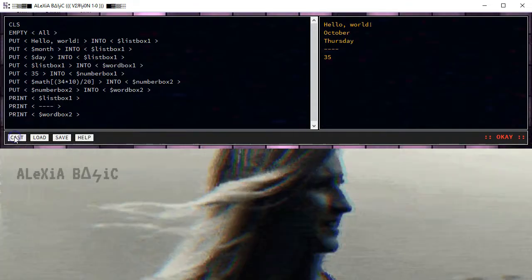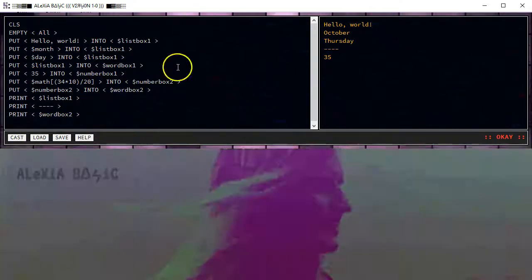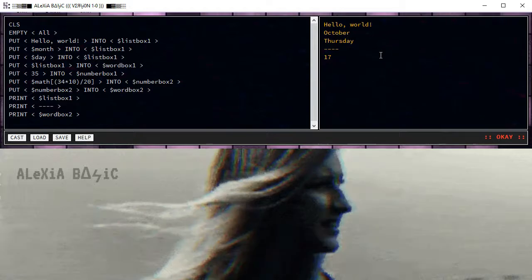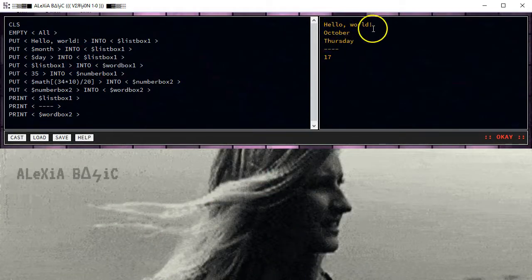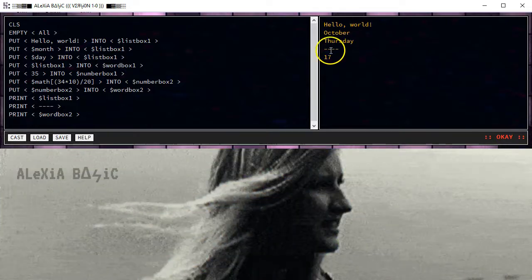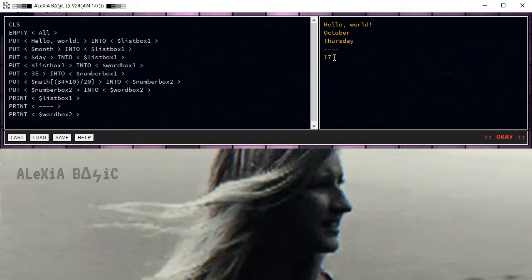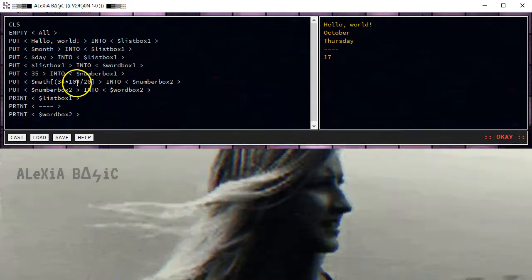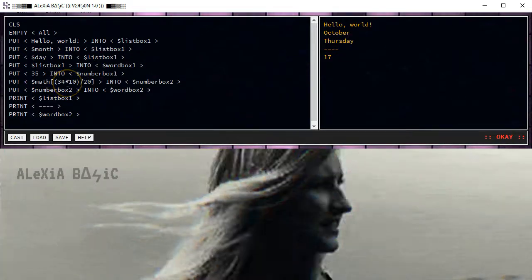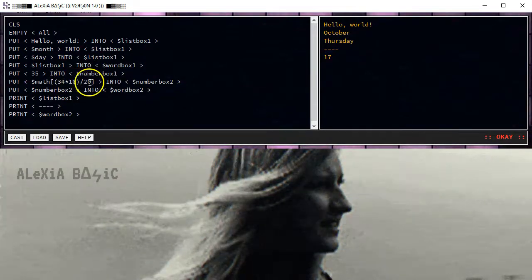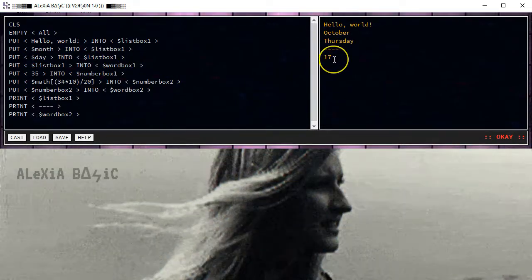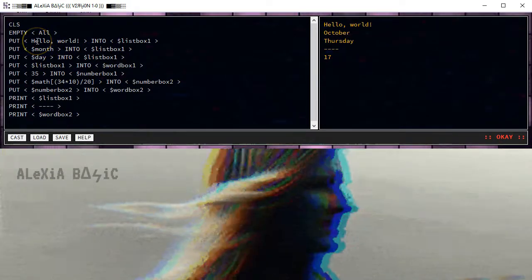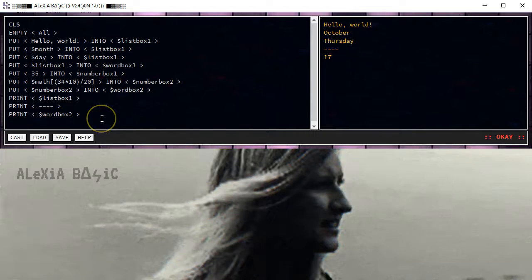So once again, we're going to cast the spell as it has been revised. We're going to see the emulated computer screen window be cleared. Now we're going to see the results. And so we have hello world, we have October, we have Thursday, we have the dash, then we have the number 17. So when we multiply 34 by the number 10, we get 340, and then when we divide 340 by 20, we get 17. So everything computed as it should, and this gives you a somewhat better understanding of the put into command within